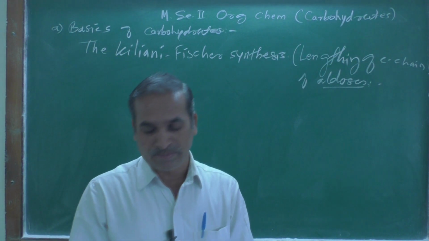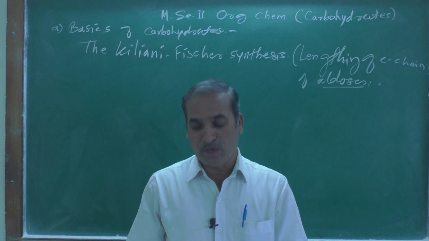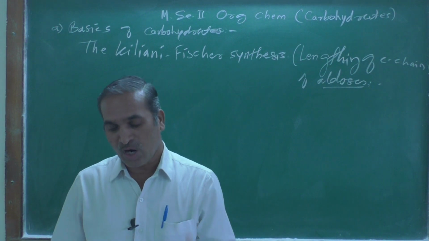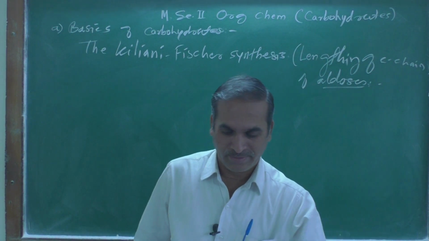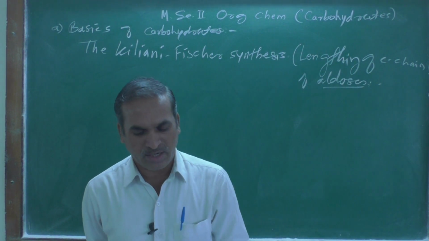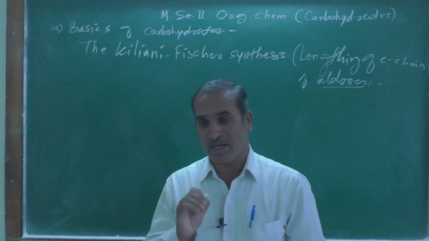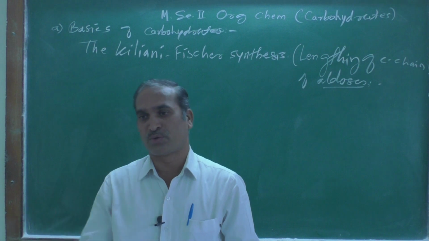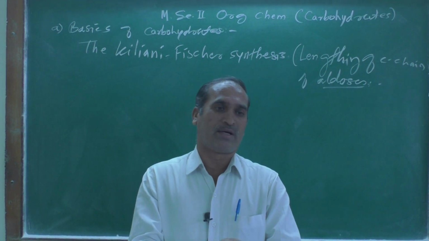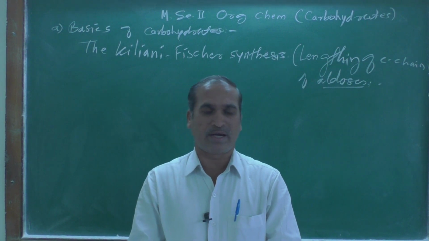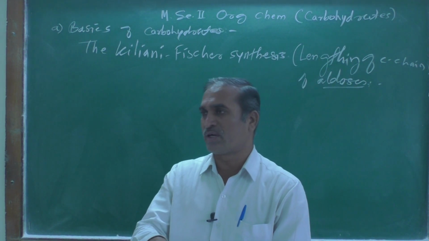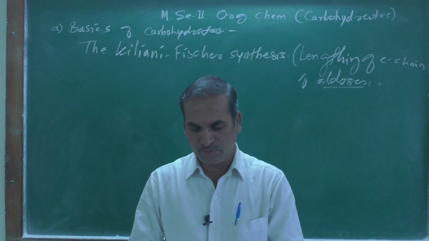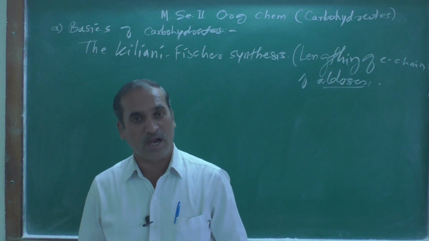What they have done is start with the aldopentose. Yesterday we learned how to derive that aldopentose starting from D-glyceraldehyde. Why is it referred to as D-glyceraldehyde? You look at the lowest chiral center, and if that hydroxy group is on the right hand side, then we assign the D configuration. That is treated with hydrogen cyanide.